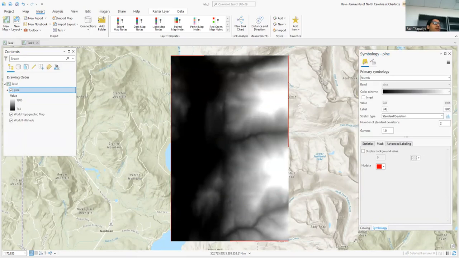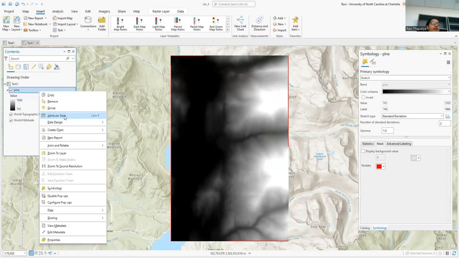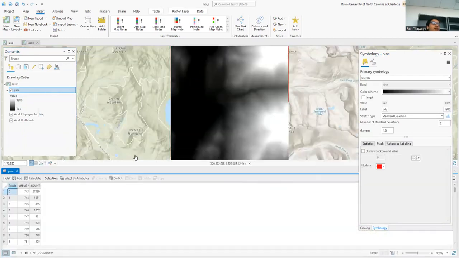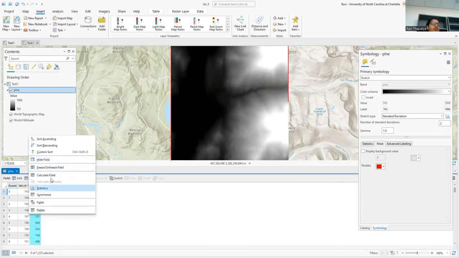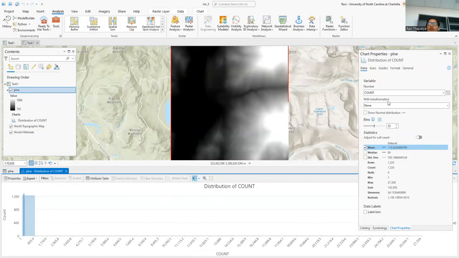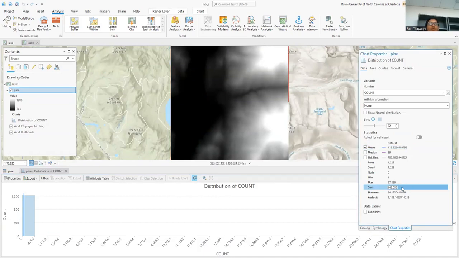Step 5, right click on the PLNE grid and then open the attribute table for it. The table will show you the count for each elevation value of the cell, and you can right click the count column, then go to statistics. It says that the total number of cells is 142005,